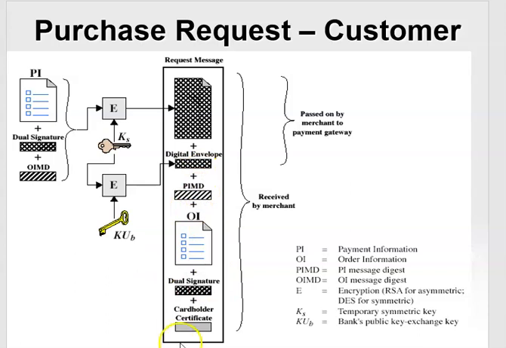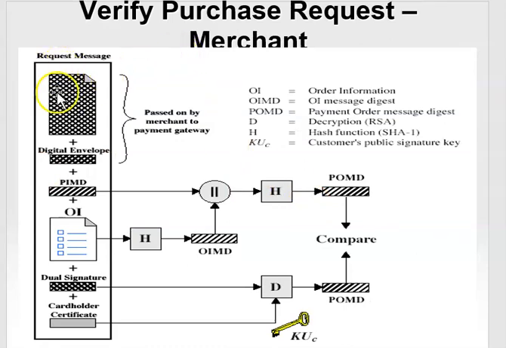So the cardholder certificate will be used. This contains the cardholder's public signature key. The cardholder's public signature key will be there, and there will be a dual signature along with that. For the verification purpose, it is sent separately. So first, this will be a purchase request which will be carried out, and then the verification of this purchase request, that is the request message, will be passed on to the merchant gateway